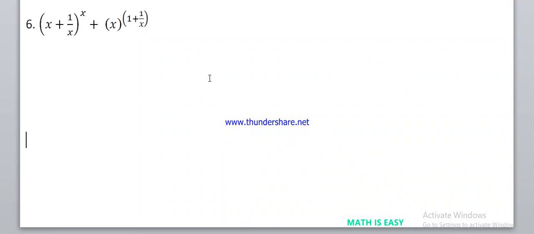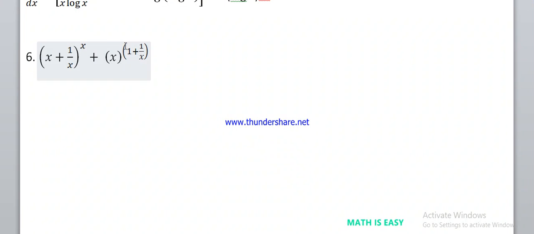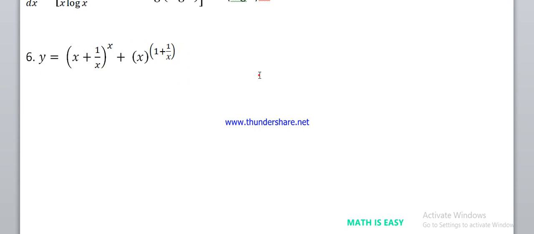Now the sixth question I see, this is the given thing. So what you have to do is, whatever is given, take that as y equals to. Okay. So as usual, when I differentiate, I have to apply log on both the sides, or when I apply it directly, it will become a little bit of a problem. What I do here is take this entire term.